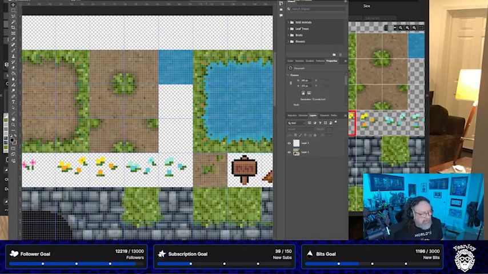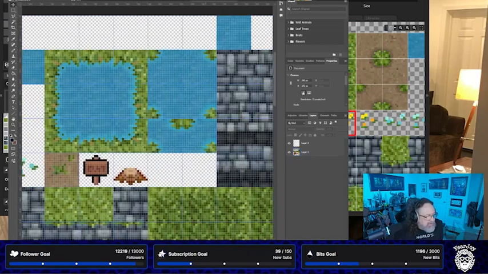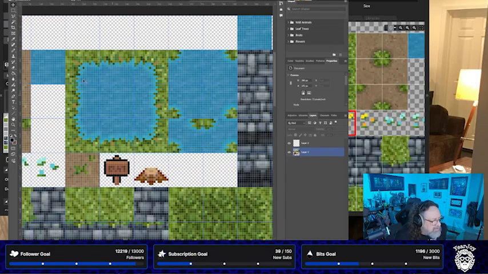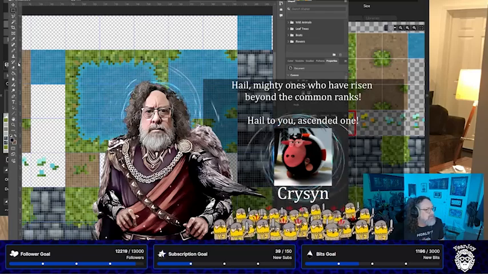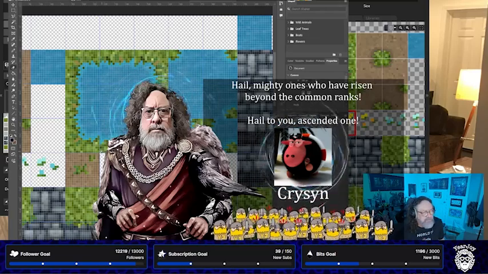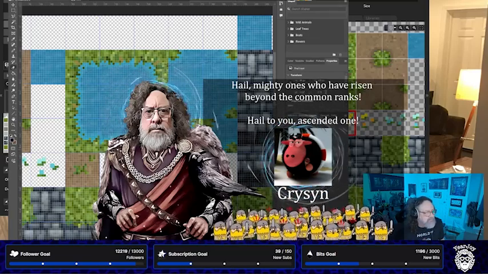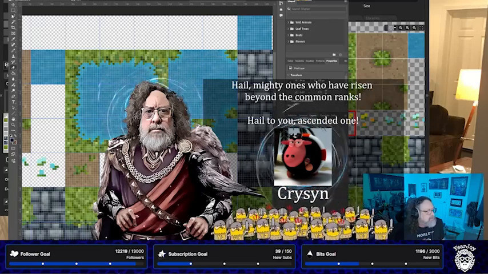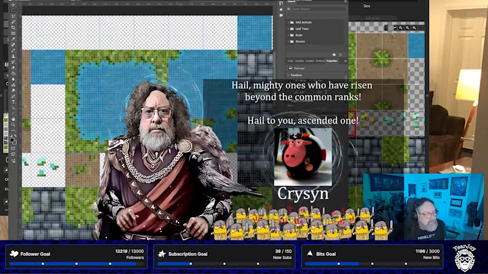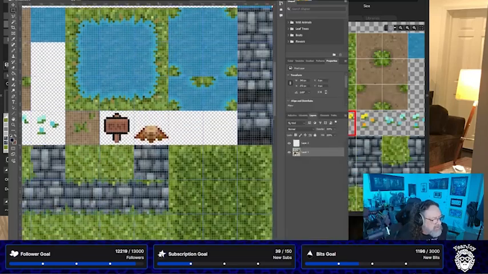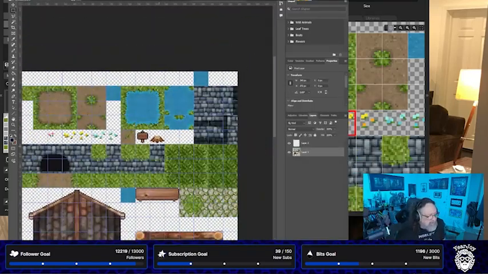Oh, good. Okay. The only other place, yeah, we need to take it off for the tree trunk. We don't use this sign anymore because it's just a dummy sign, but let's take that out. And that should do it. That should take care of that, and then we can just save this